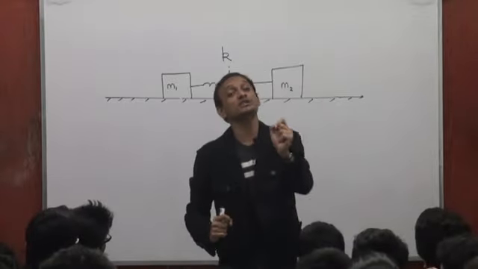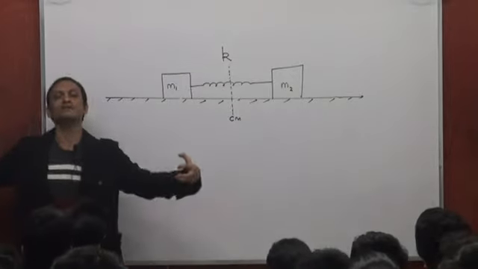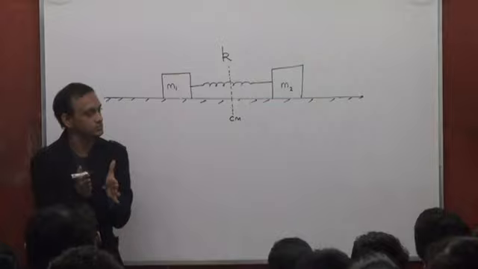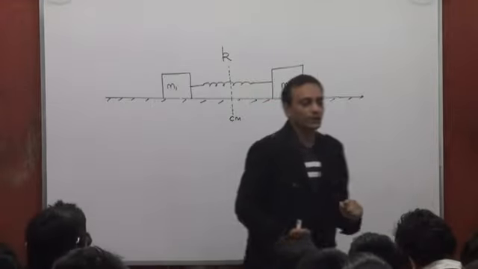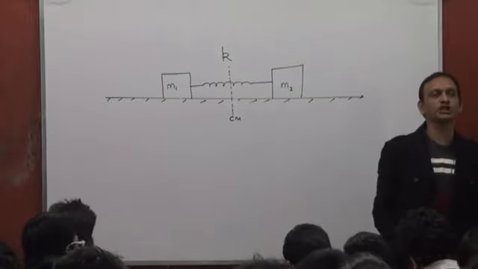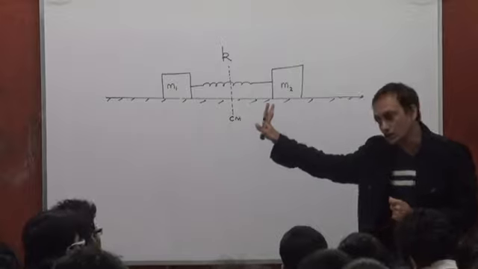The center of mass was initially at rest and it continues to be at rest while I'm pulling the masses apart or pushing them in, right? Which means, if the center of mass was at rest initially, it continues to remain at rest subsequently,